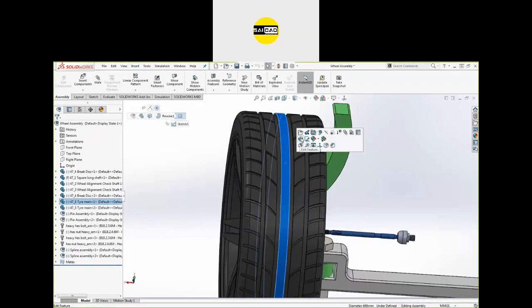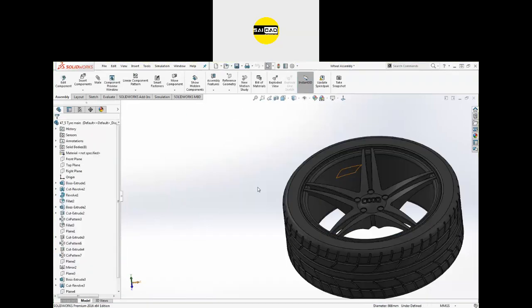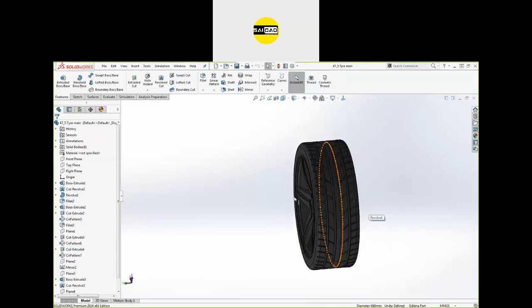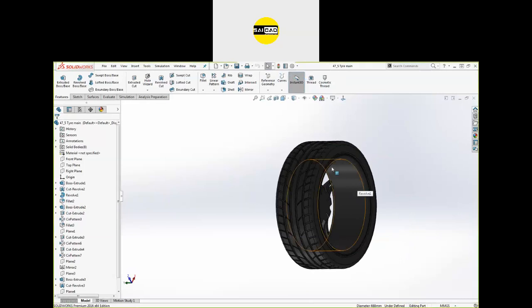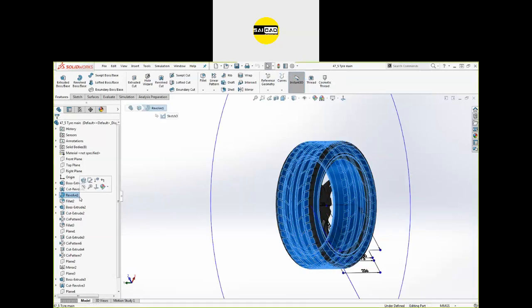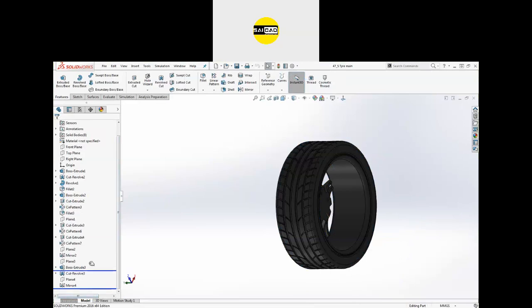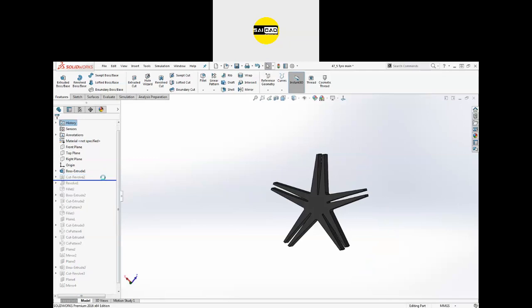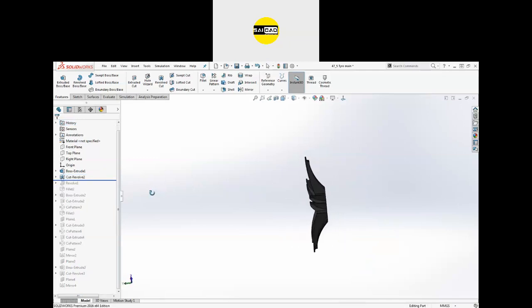Okay, so you can see this is the tire. Just going to open that, and you will see I have created this rim and the tire in this part. Okay, this is a single body. So to see where I have created this tire, if I go to the roll back, you can see first of all I have created this shape, then this one was created.